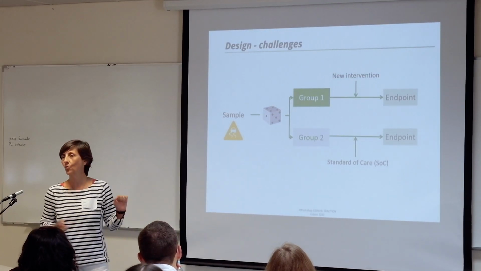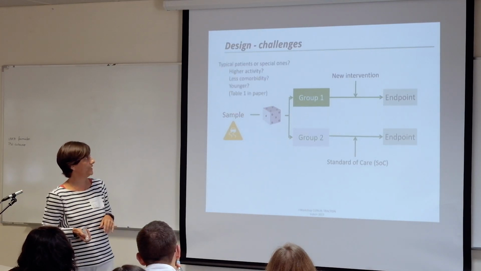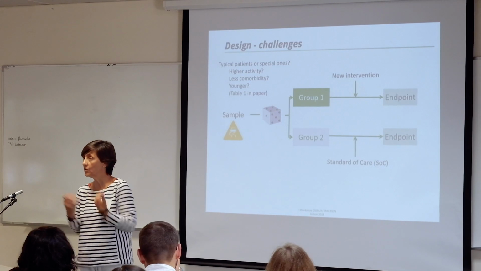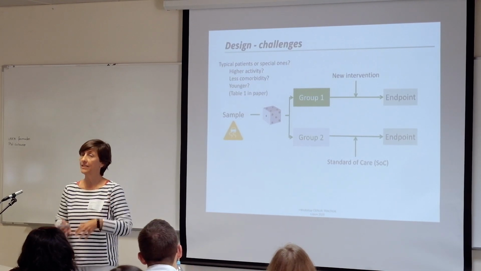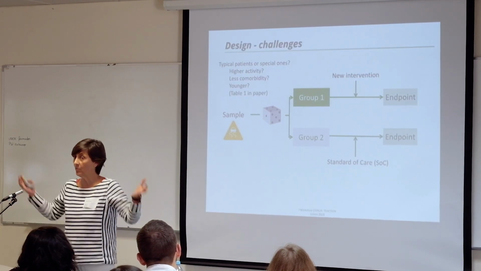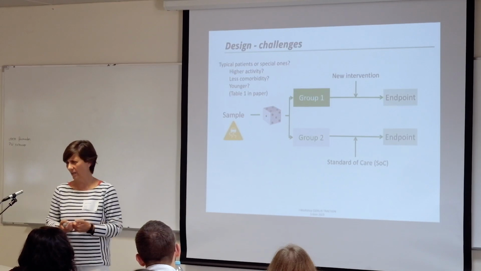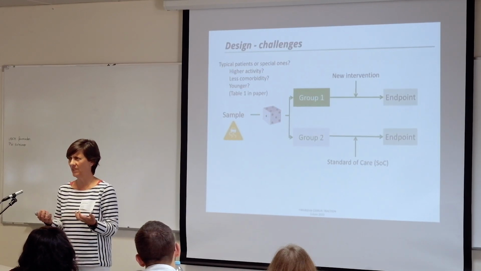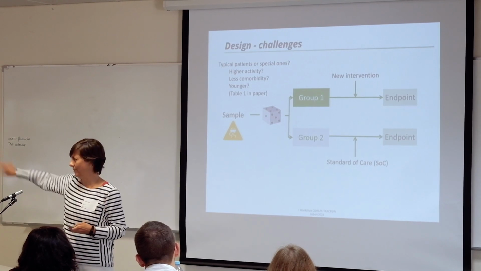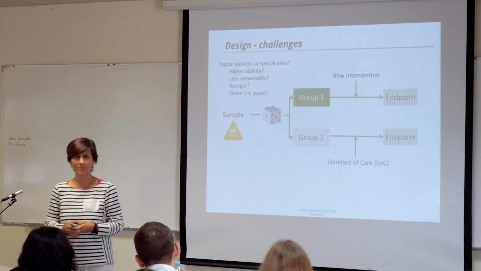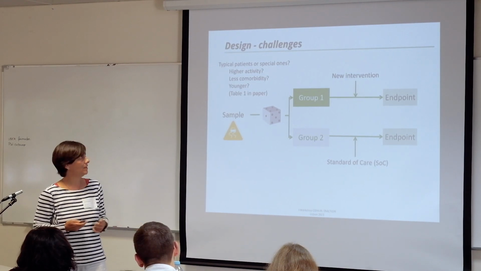The first of all, we already mentioned it, is the sample. Sometimes what we get in the sample and how we have to interpret is whether the patients that we get are the typical ones. Is it the people that will actually get this intervention? Aren't they healthier than the normal ones, because you excluded everybody with comorbidities, so maybe these are not the typical ones? Are these younger than the usual ones?